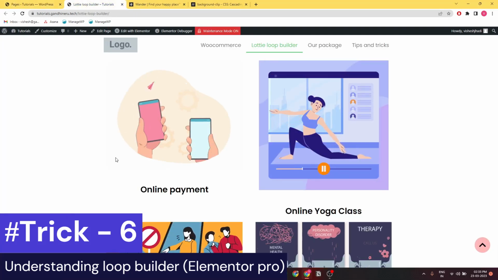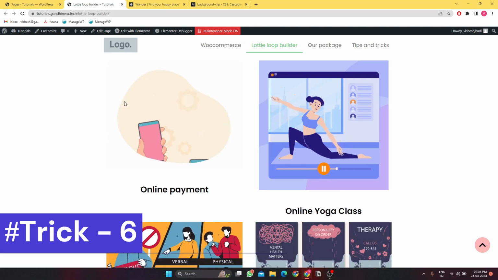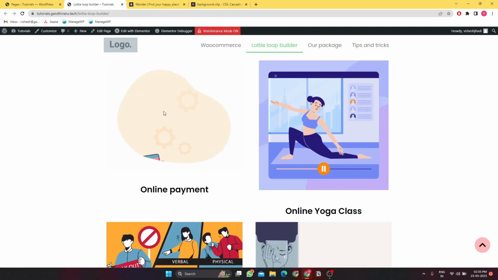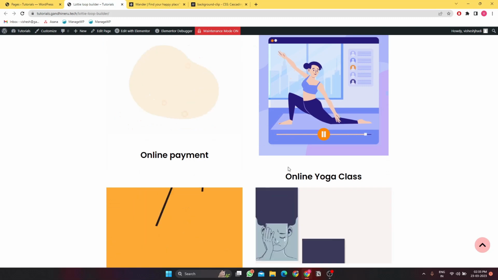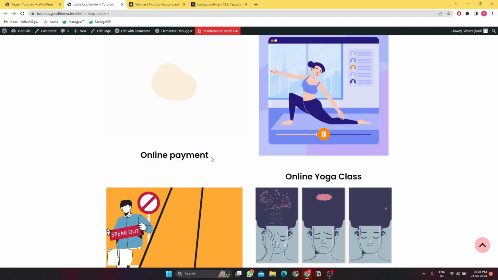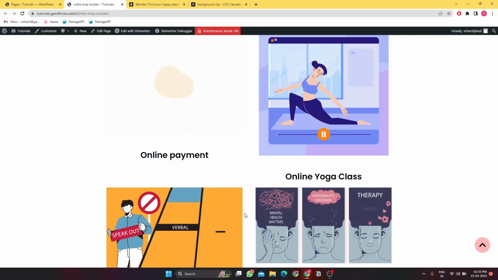So this is a pro version. Again, this is experimental. Elementor has not launched this, it is still in beta. So if you're using this, make sure you're conscious and not using this on any of your live sites. So you can see I have 4 blocks, and the 4 blocks are dynamically getting a Lottie animation from the